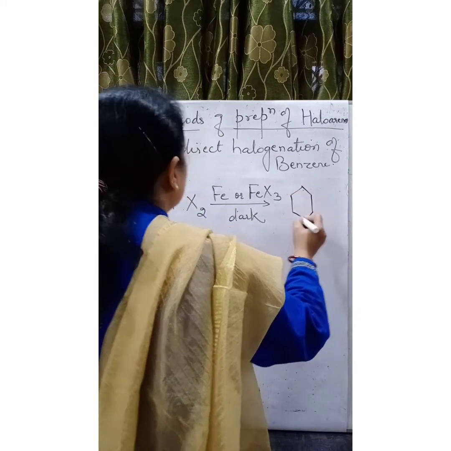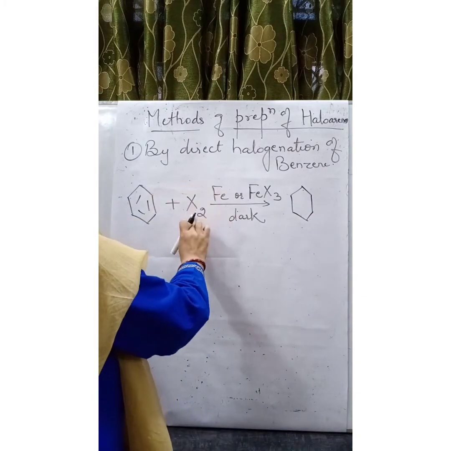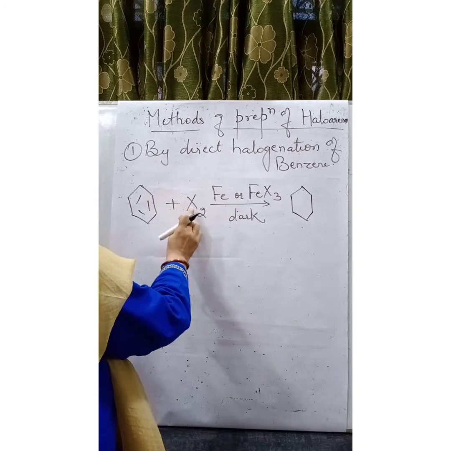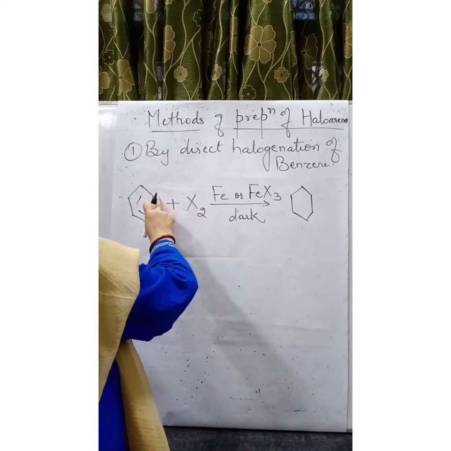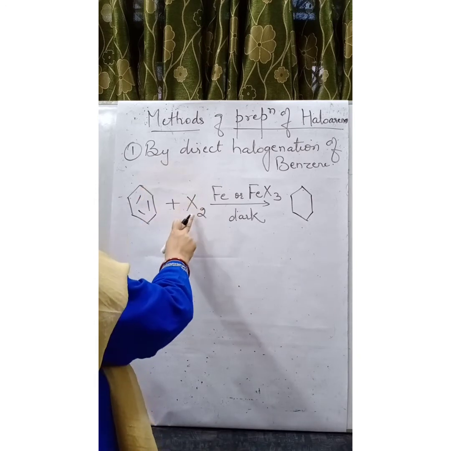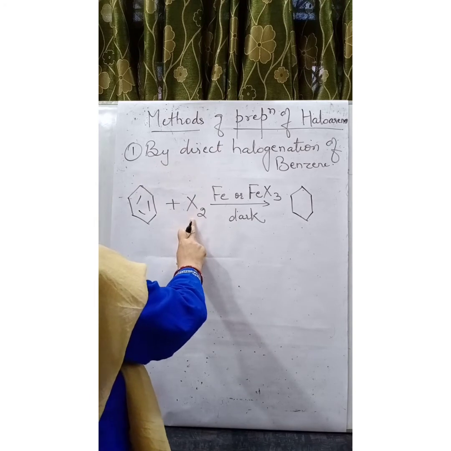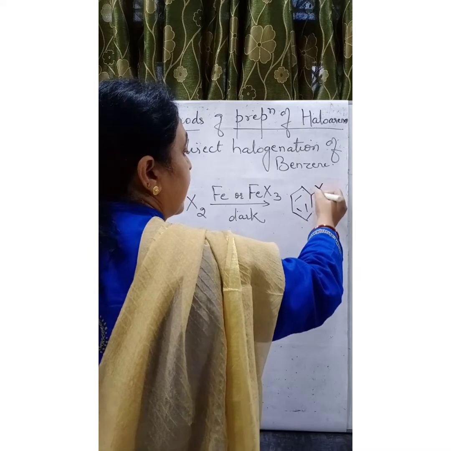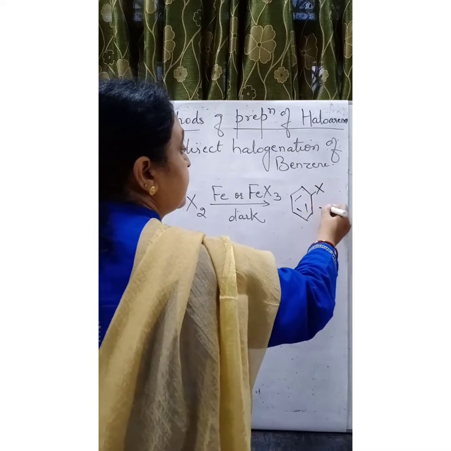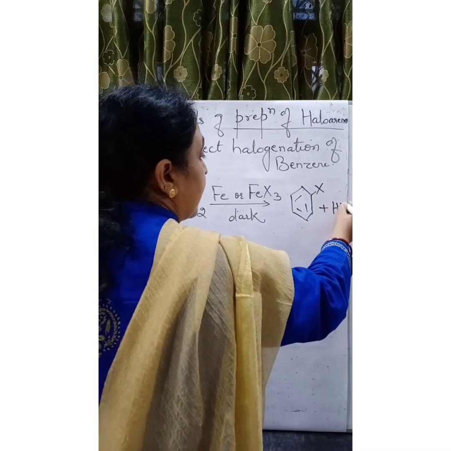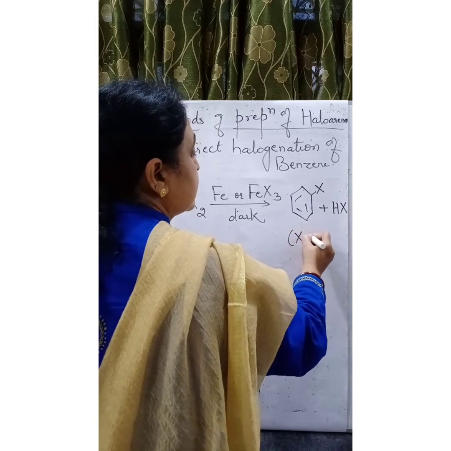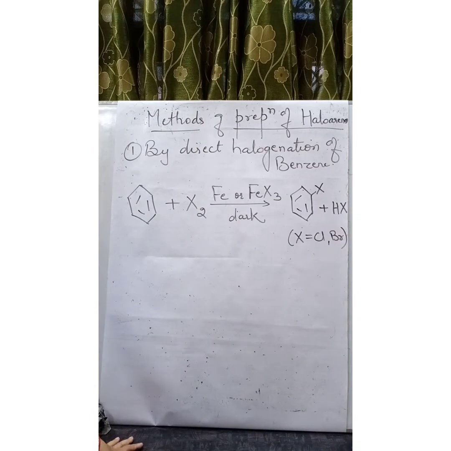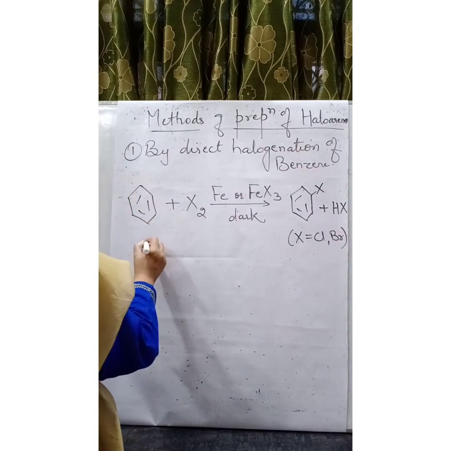One of the hydrogens gets removed from the benzene ring and a halogen gets substituted there, and the hydrogen which is removed reacts with another halogen to form HX. So the halogen gets substituted in the benzene ring, plus HX is formed. Here X stands for chlorine or bromine. For example,